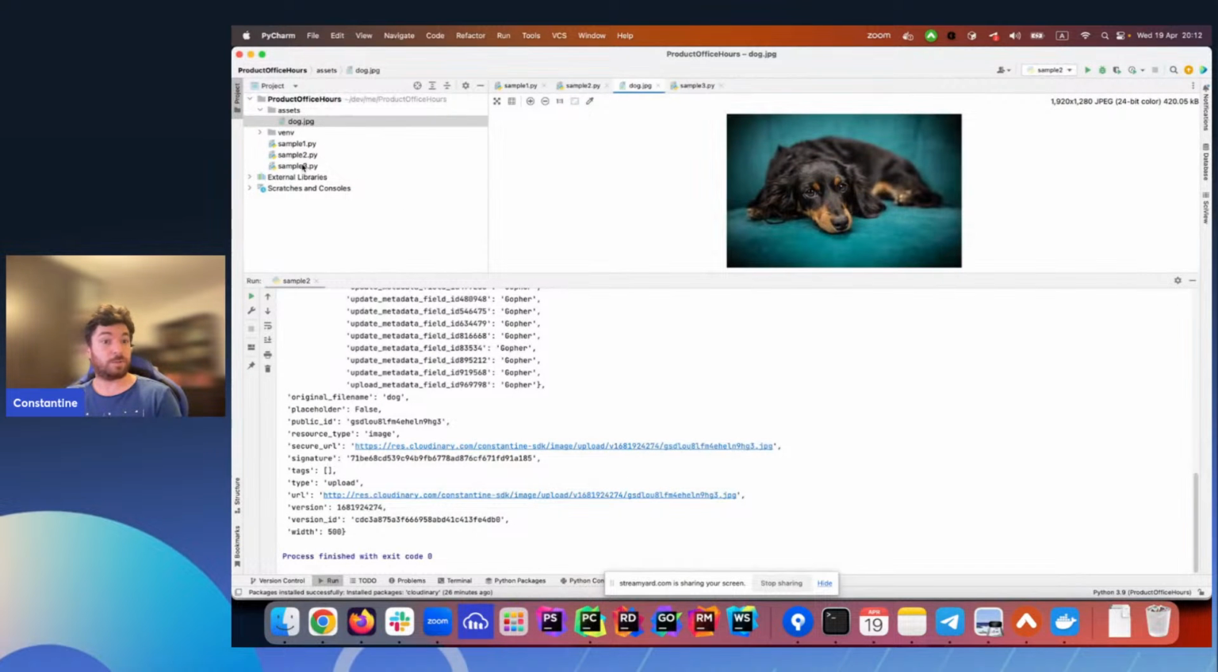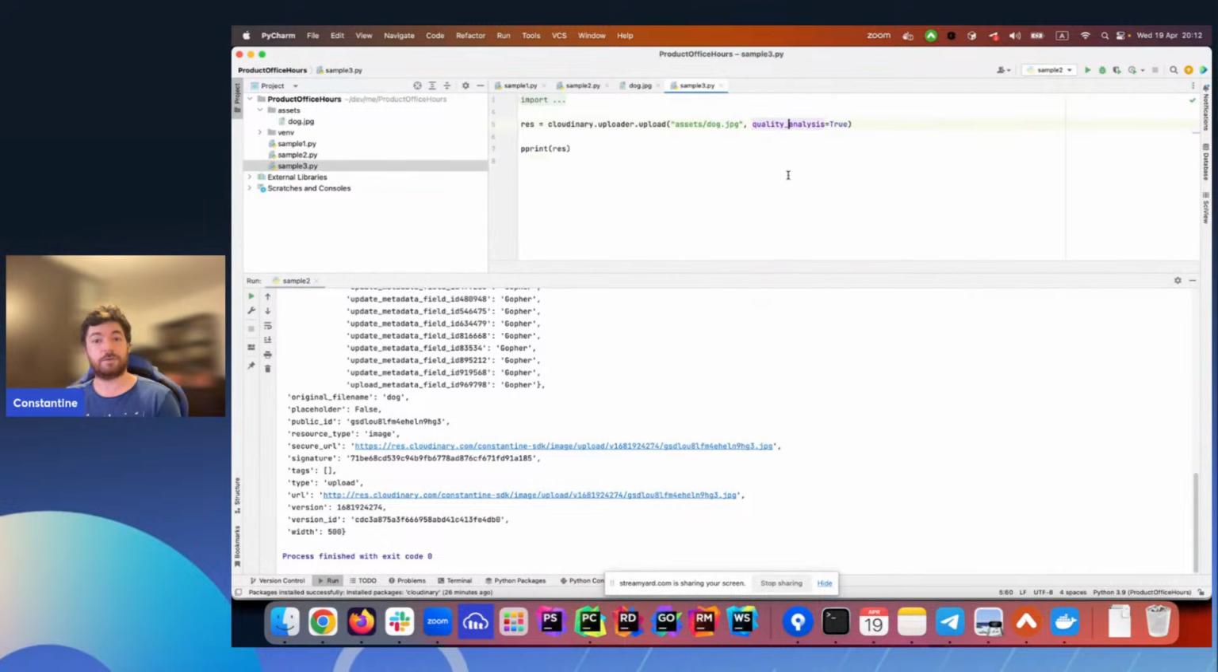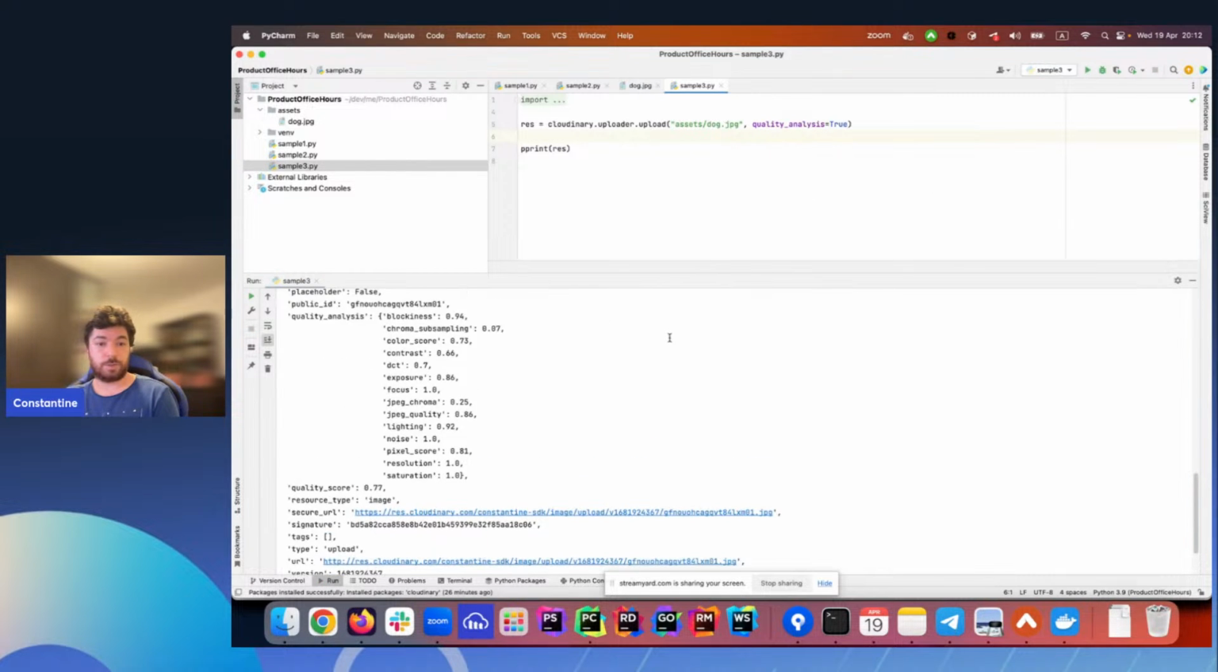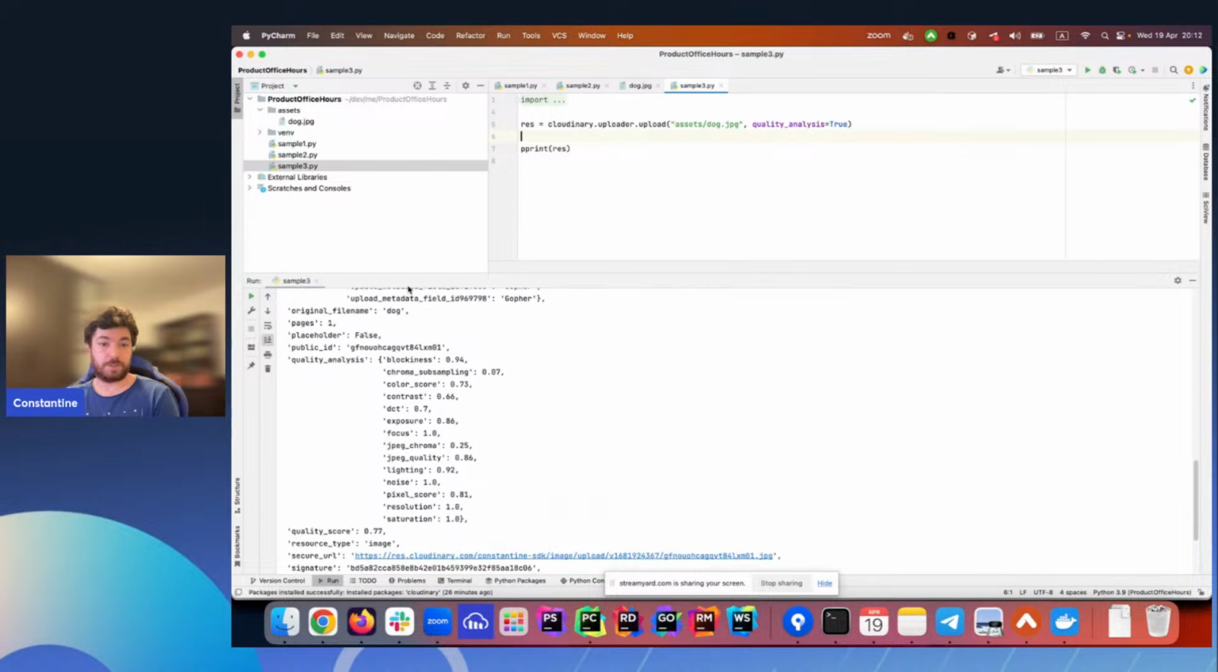Another cool feature that I wanted to demonstrate, we have nice quality analysis features in Cloudinary. So whenever you upload assets, maybe you want to know all kinds of aspects about the image. So if you specify on the uploader quality analysis true, you can get all kinds of information in the upload response. You can see this quality analysis. So it can show you the color score, or maybe the contrast is good, or exposure is not perfect. So if you have really bad scores at some points,